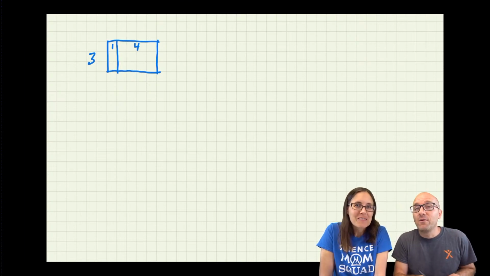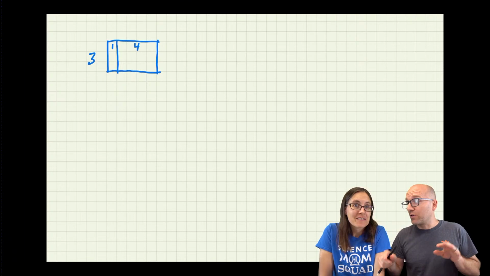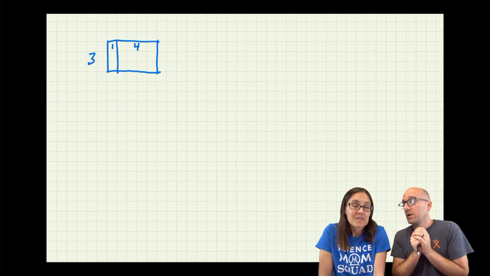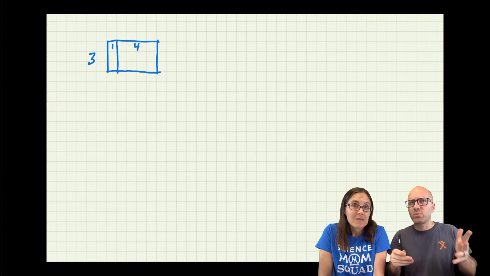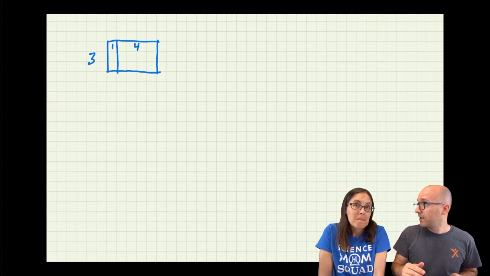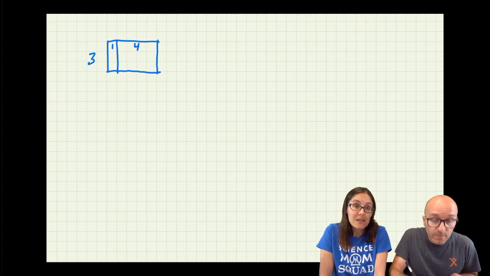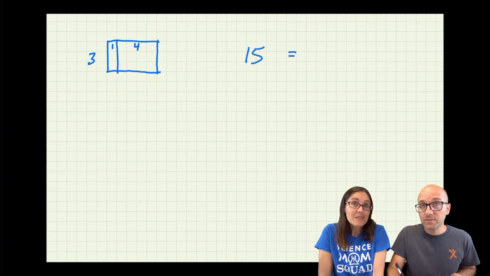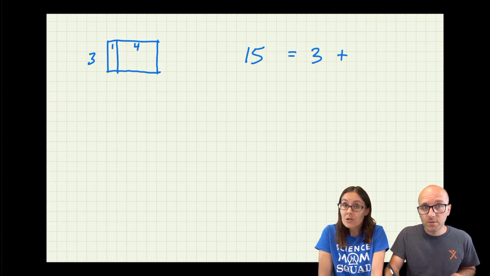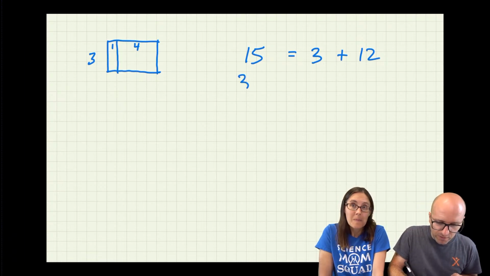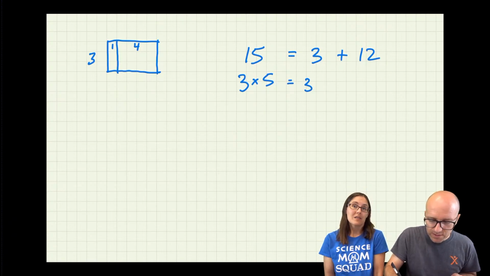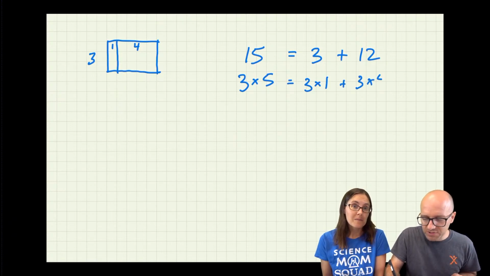Okay, so what is the distributive law in relation to this particular rectangle that we've drawn? So that's the distributive property. So the total area is going to be 3 times 5, which is 15. Good job, Aaliyah. So 15 equals, that's going to be the same as 3 times 1 plus 3 times 4. Good, okay, so we said 3 times 5 is the same as 3 times 1 plus 3 times 4, or